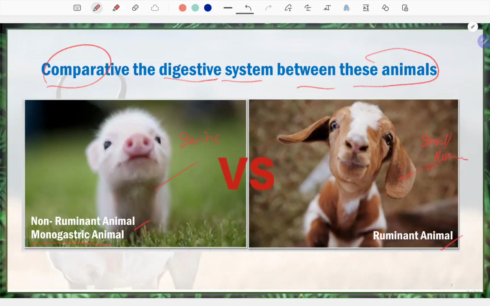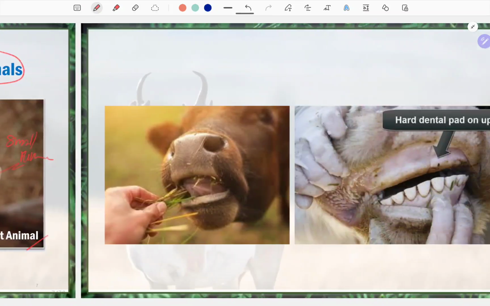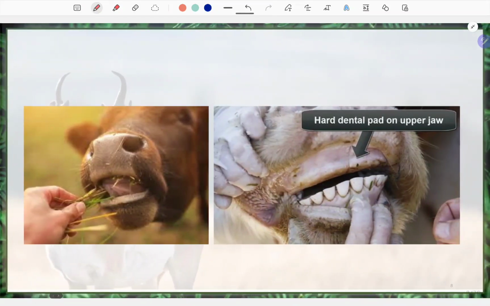If you look at the physical appearance, you can see the mouth, but other than that you cannot know what is further inside the body, in the gastrointestinal tract of each animal. So if you look at the differences between these animals, the ruminant